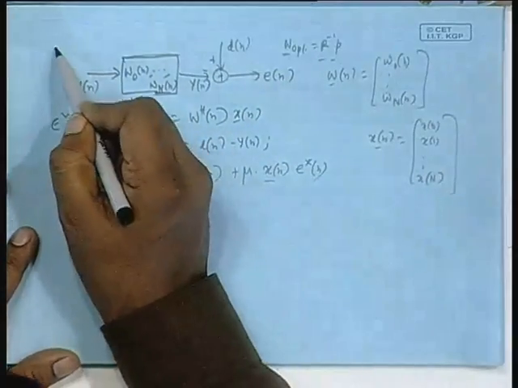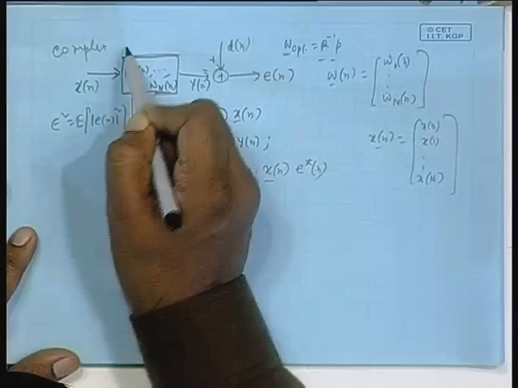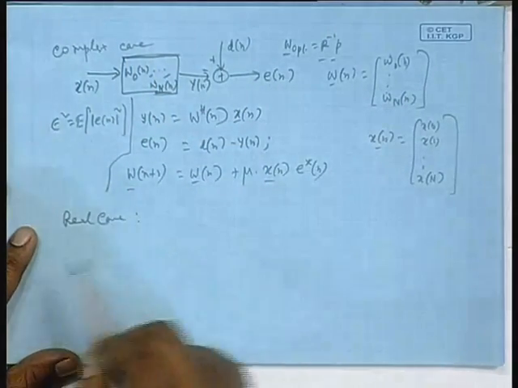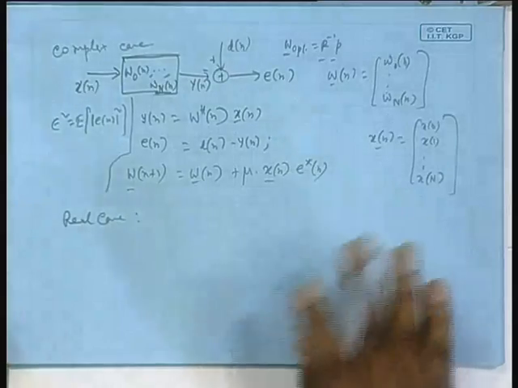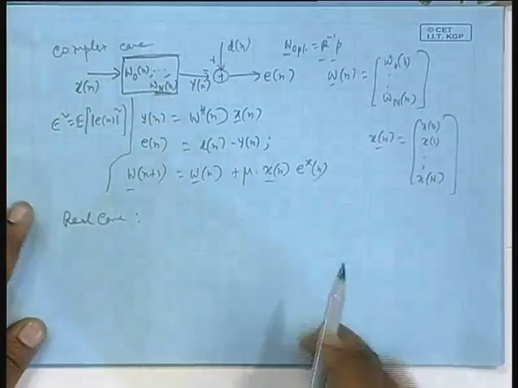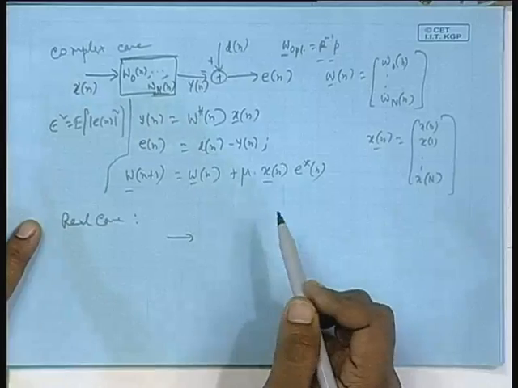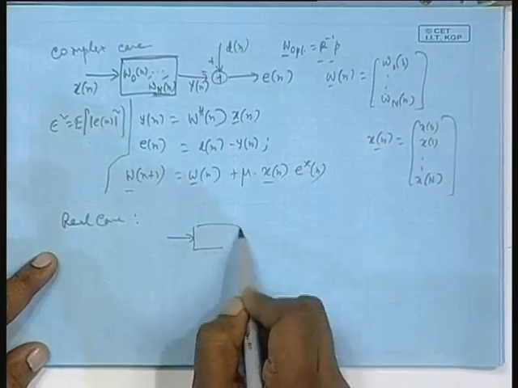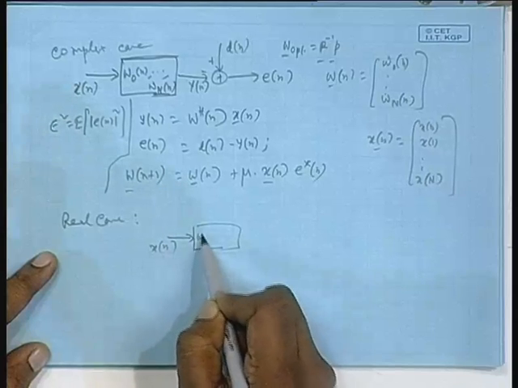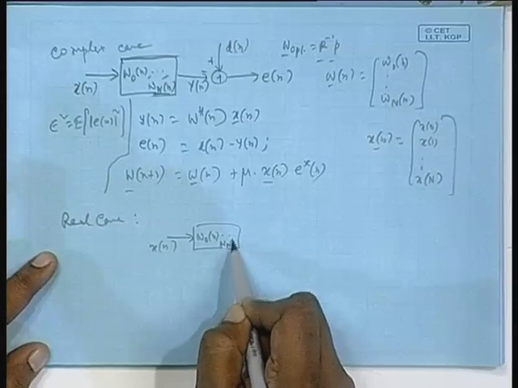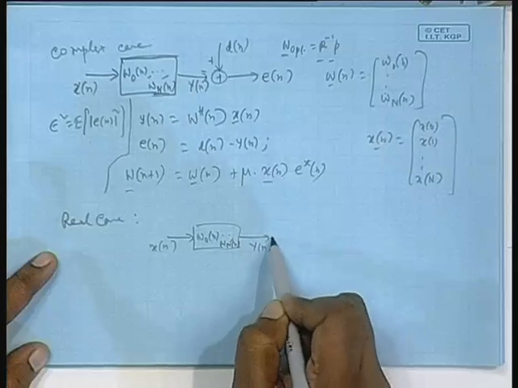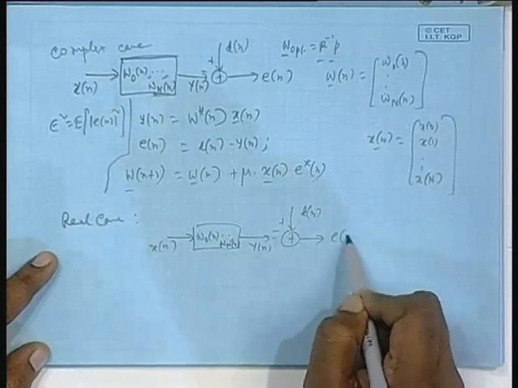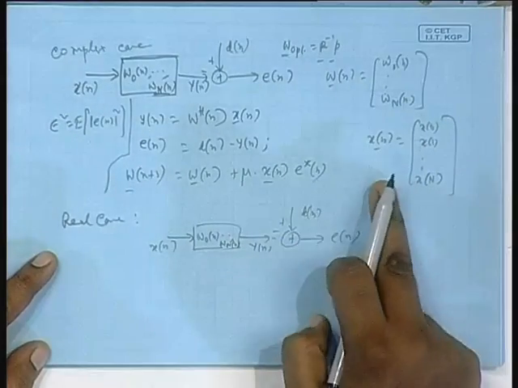That is the complex case. For the real case, you can view the real case as a special case of this, because then Hermitian or normal transposition means the same thing. So, in that case again you have got x n, the filter weights w 0 n dot dot w capital N n, y n, d n plus minus this E n. w n and x n remain the same.